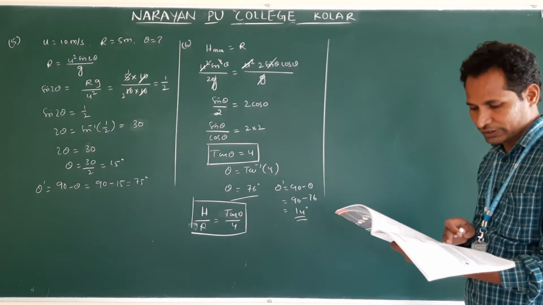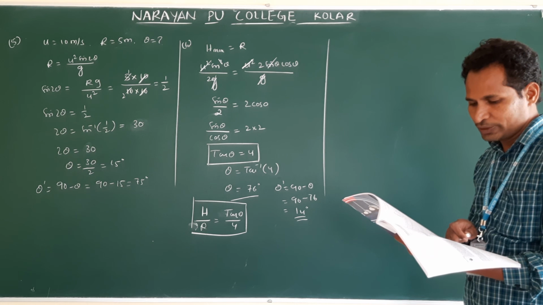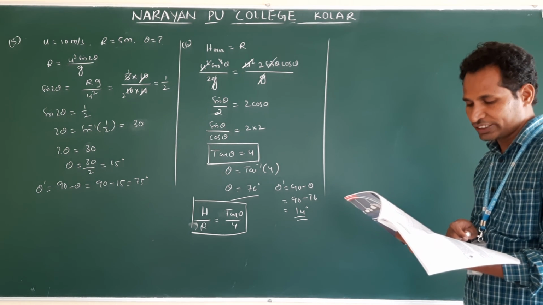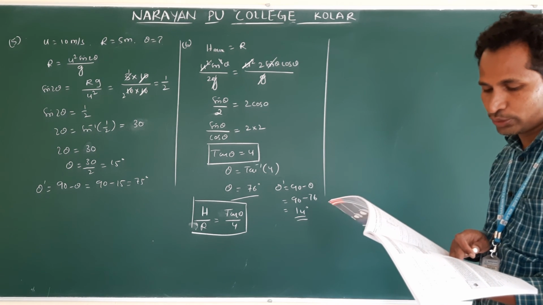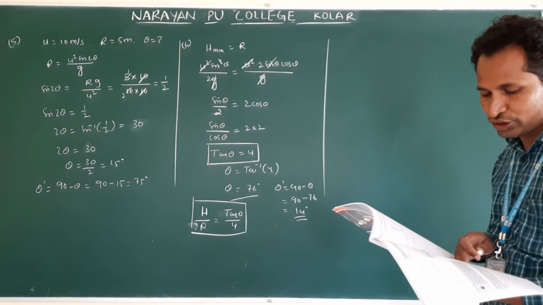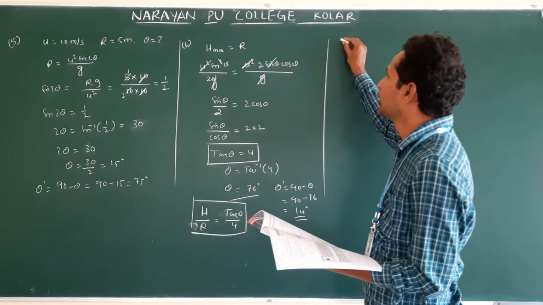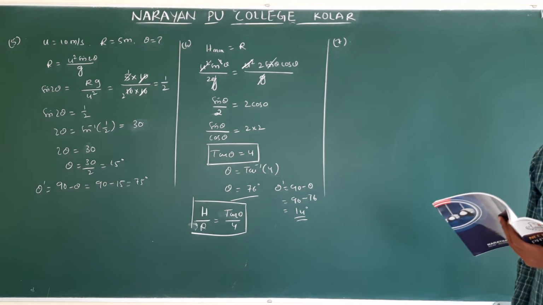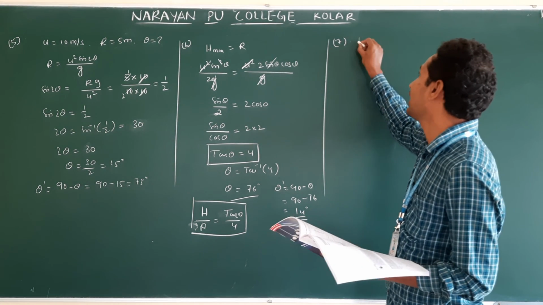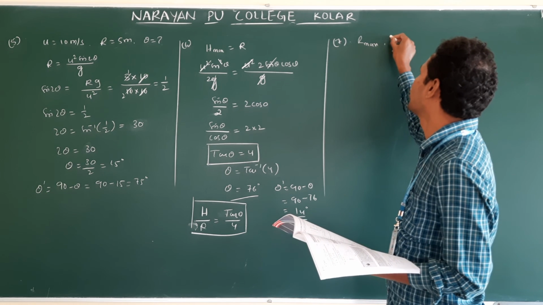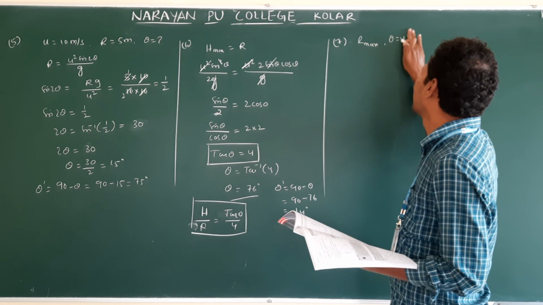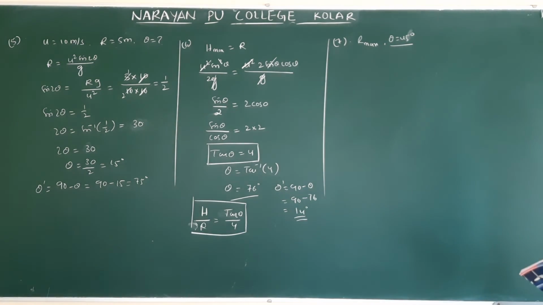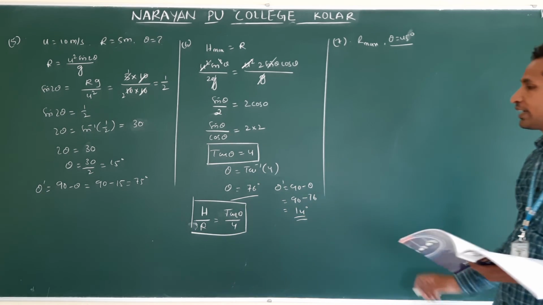Next question is the 7th question. If an object is projected so that the horizontal range r is maximum, and the maximum height of the projectile is h, find the h by r value. They are saying range r is maximum. When r is maximum, theta is equal to 45. So the angle of projection is given indirectly, that we need to find. Then they are asking the h by r ratio.